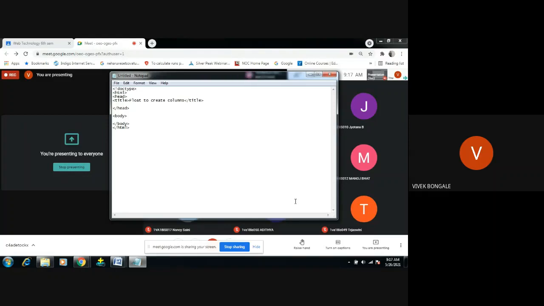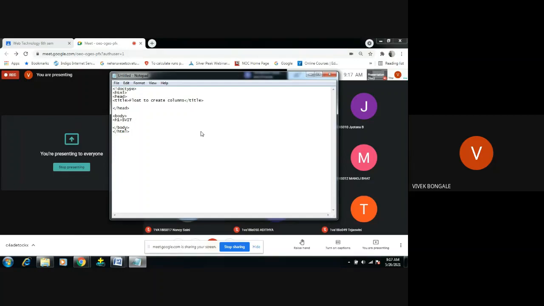So first I'll move to the body part and I want the heading. So I'm using the header, right? I want a heading. I will create whatever software departments we have in our college. Software departments means we have computer science and information science. These are the two software departments we have.